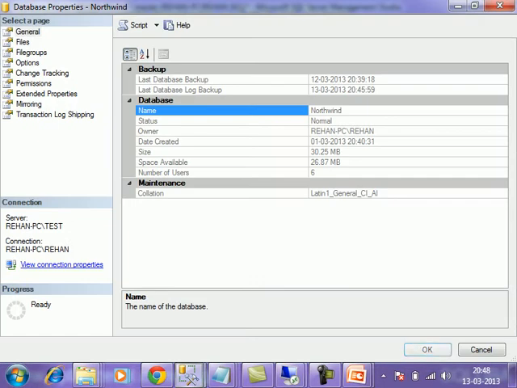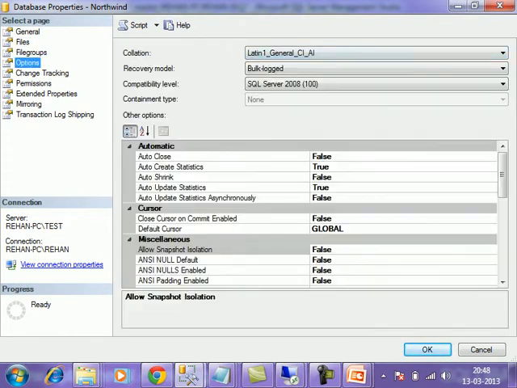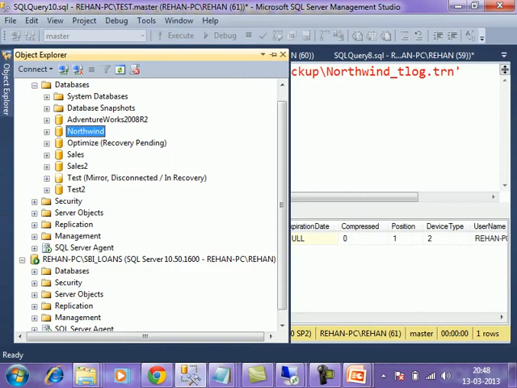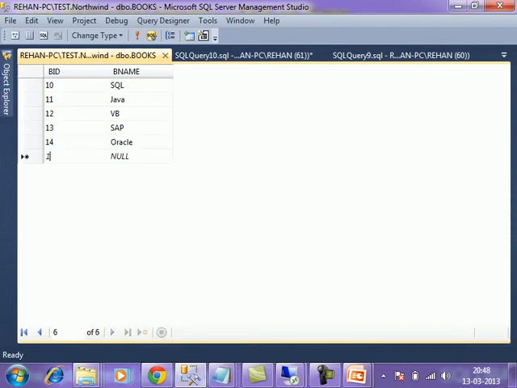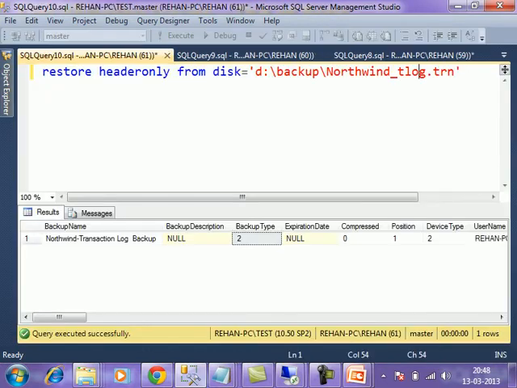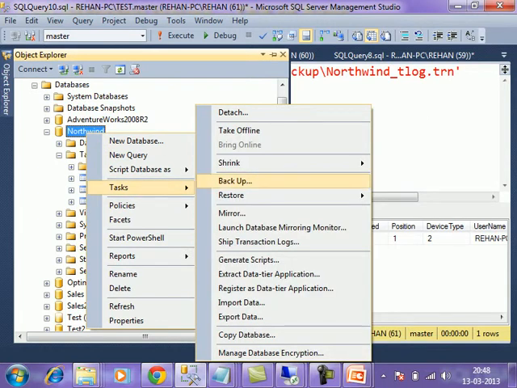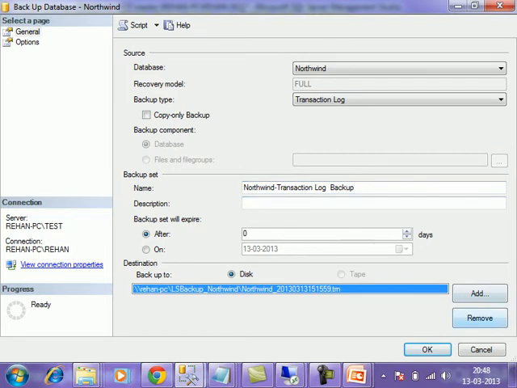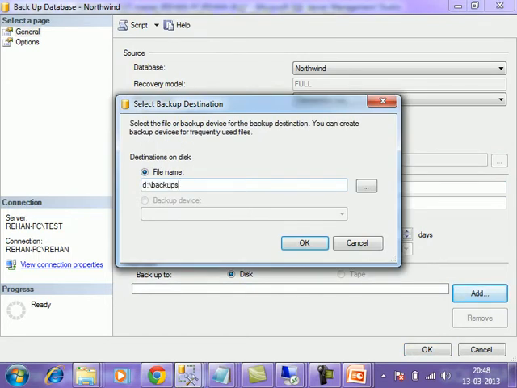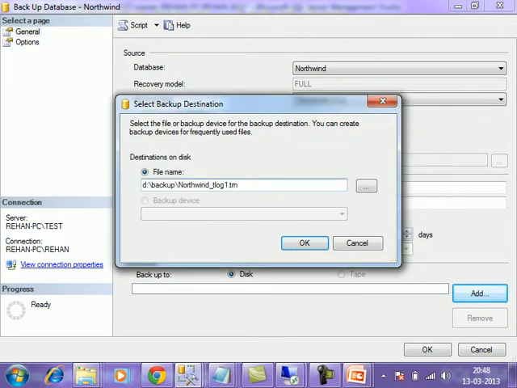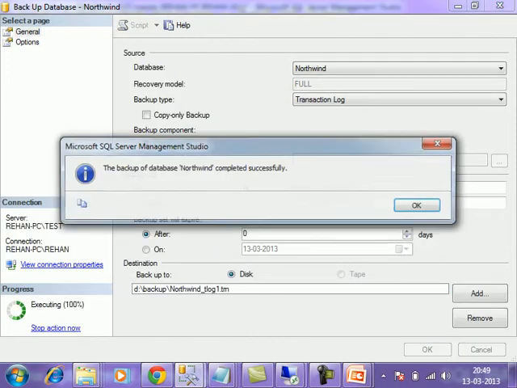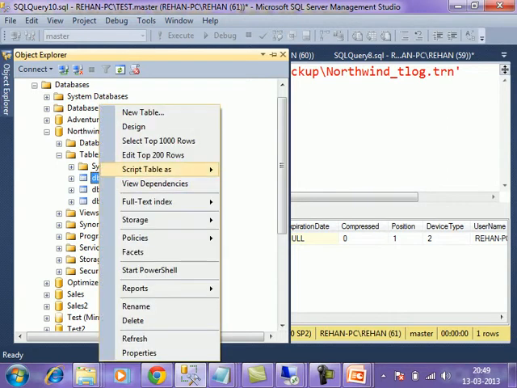Suppose here, say log backup was generated successfully, it is saying.